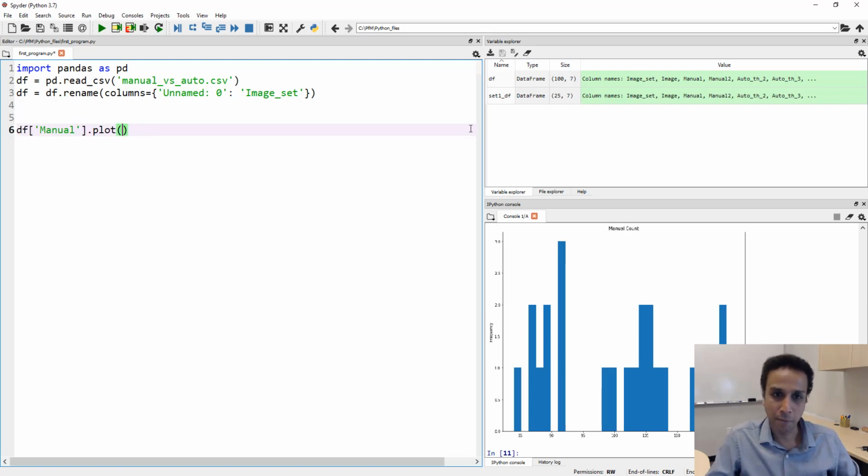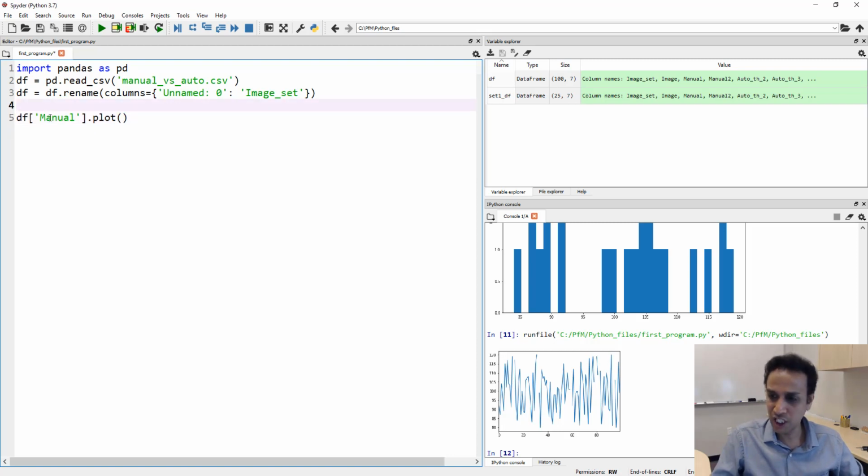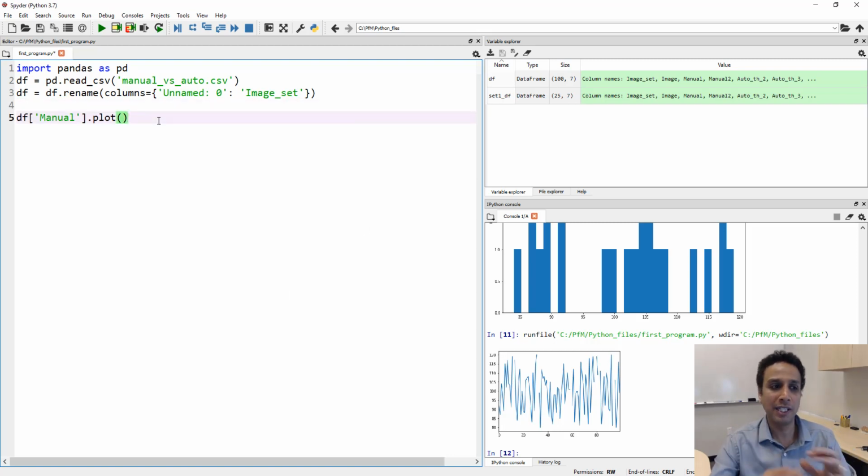Dot plot, and again, what did this do? It just plots our entire data. Now let's do one more thing, because this is too jumpy. If you want to smooth this, all you need to do is